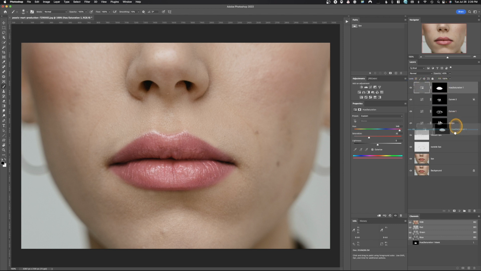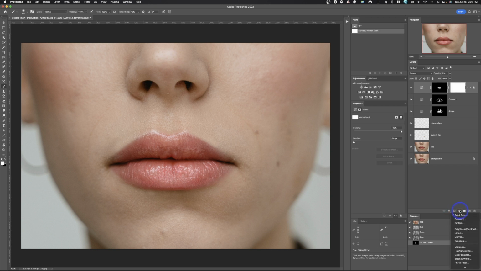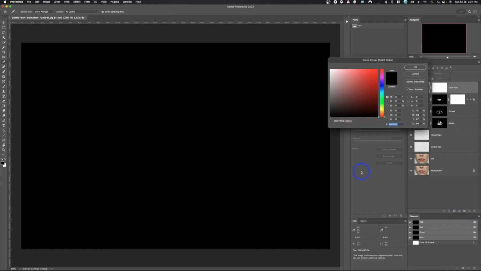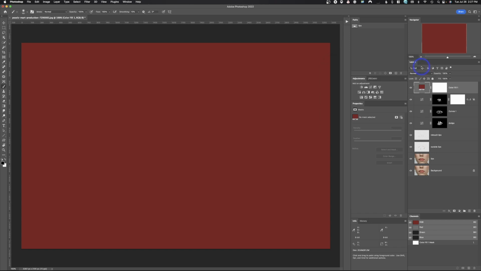The other option, and I'll just go ahead and delete this for now, is to add a solid color. So to add a solid color, you would come down here. You can click on this little icon that looks like a half dark, half light moon. You hit solid color. You're going to pick any color. Okay, so in this case, we'll just pick this dark red and hit OK. Doesn't look good, right? Just like we did before, we're going to hold this,